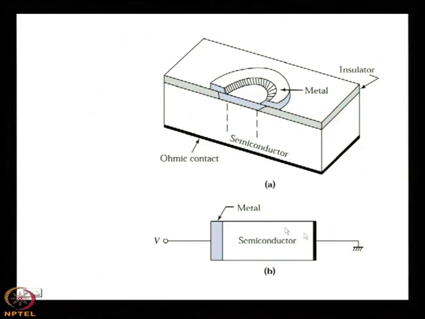Now, let us see how the contact is made. Here you see that there is a semiconductor piece, and on the top of the semiconductor piece a metal is deposited, that is the top view. This metal can be any metal, say aluminum, gold, or platinum, and depending on the nature of the metal, it is deposited on the semiconductor by the method of, say, thermal evaporation or electron beam evaporation or RF sputtering, because it depends on the